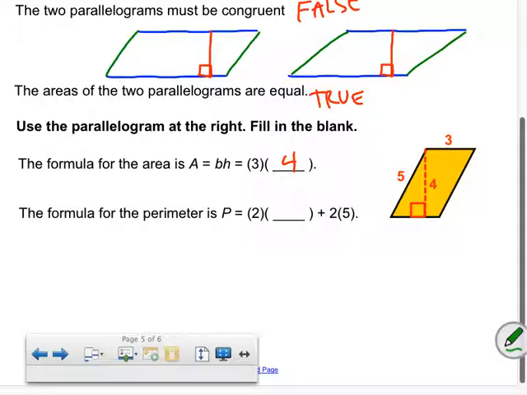Look, remember perimeter is the distance around. If I walked around this, I'd have to add it all up and come back to where I started, right? So from here to here, I walked 5, then I walked 3, and then 5 more, and then 3 more, right? So you added up 5 twice, but I have to add up what else twice? 3. The 3. Now, some students insisted on 4, but if I go across that segment 4, am I going around the shape? That's not the definition of perimeter. So do you guys understand why that's a